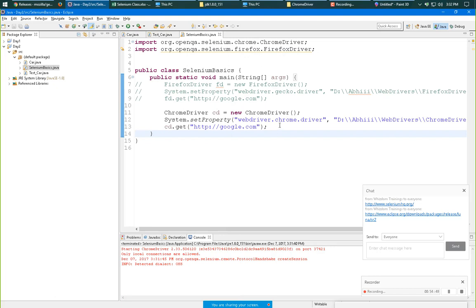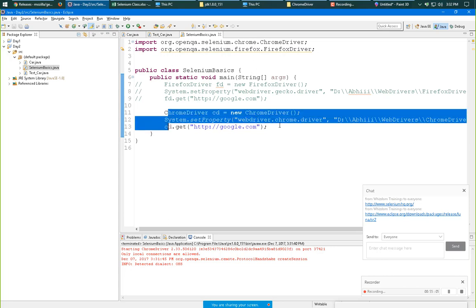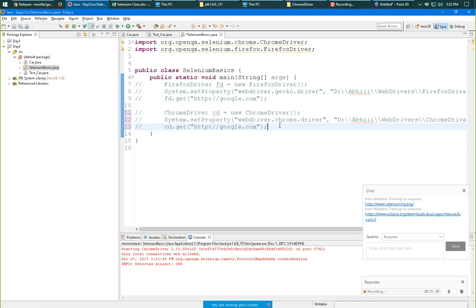In the same way, we can use Internet Explorer also. I have some issues with Internet Explorer today, so I'll tell you about Internet Explorer tomorrow. Everything is the same, but it might not work right away.